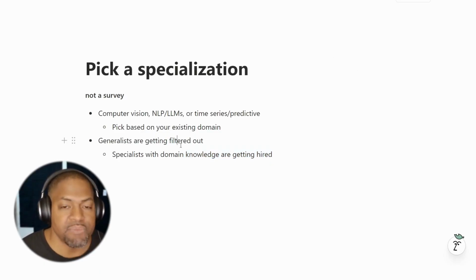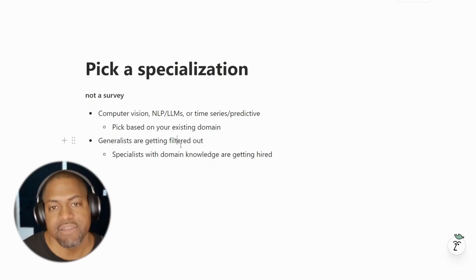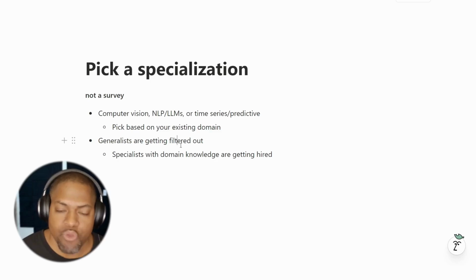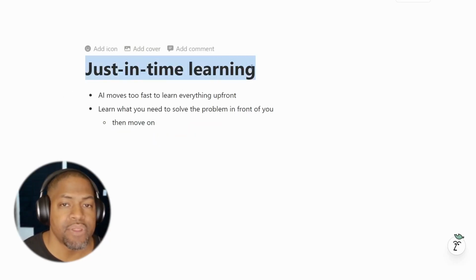A company will hire someone who knows their domain and understands how to map AI to it over someone who just knows AI but doesn't understand the problems they face, and can't translate the tech to the business needs for the company and interpret it for non-tech stakeholders, so they understand what the implications are and make an informed decision.